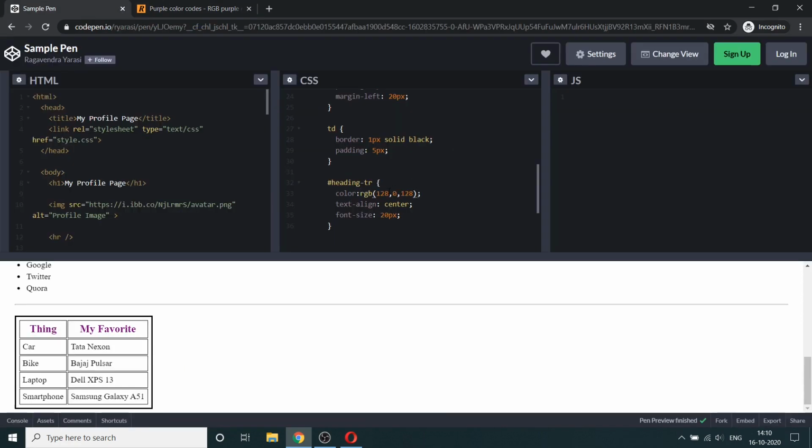And this also works. Now one thing we saw is that we can also do percentages, and 128 is basically half of 255 or 256 basically, because we are also including 0. It's 0 to 255. So 128 is half of 256. So we can just say 50%, and then 0%, and it'll render you the purple color in RGB percentage notation. Now we can set this back to how it was using decimals.